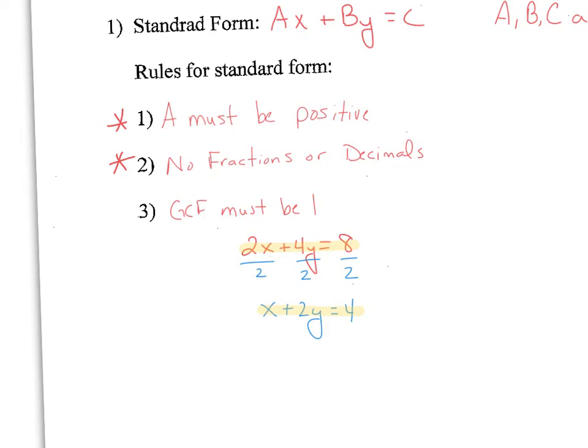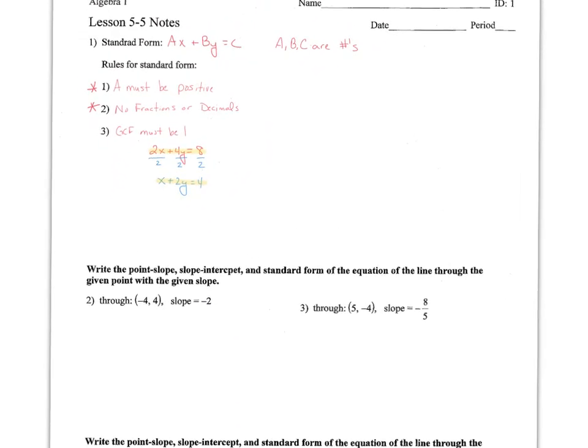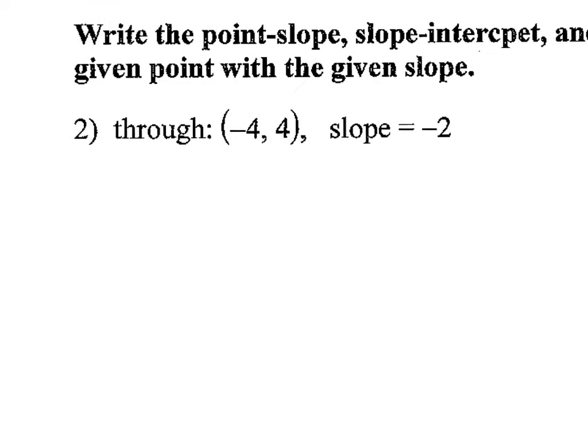All right, so let's go down and look at our first example here. So now when I'm looking here at my first example, it says write the point slope, slope-intercept, and standard form of an equation of a line that goes through the given point with the given slope, okay? So I have a point and a slope. So guess what? We are going to be still starting in point slope form, okay? So we're going to start off our point slope,